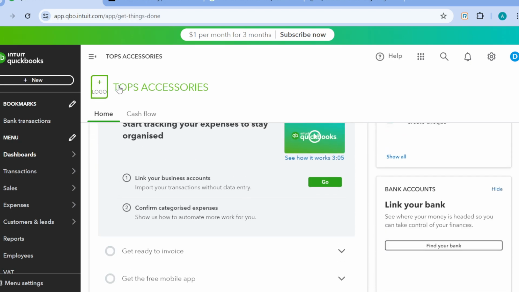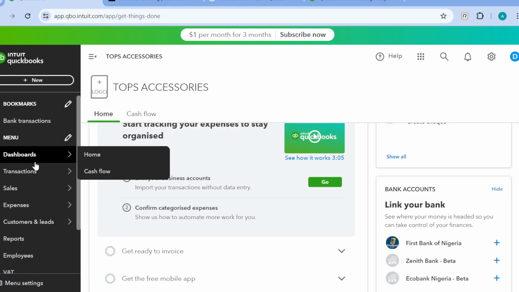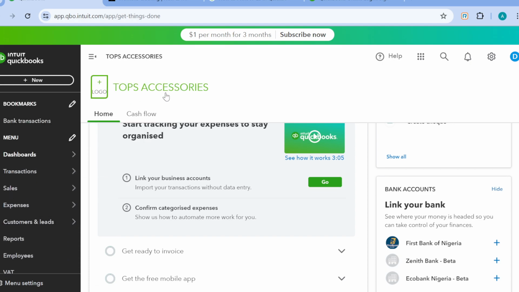Now, on this dashboard, you'll see the different things that you've done. By the left side of the screen, you'll see a navigation bar as well. One thing you must notice is that QuickBooks has different segments. It has the online segment, the online payroll segment, the accountancy segment, etc. Currently, this is the online segment, and on this particular segment,